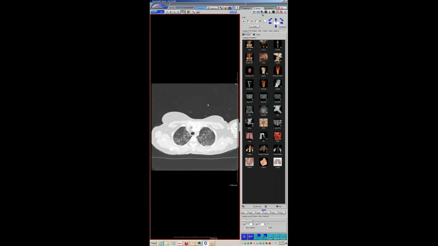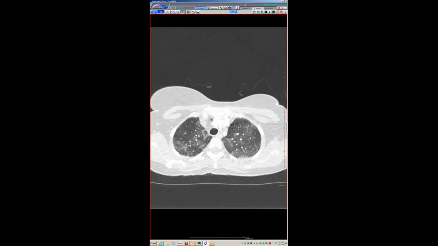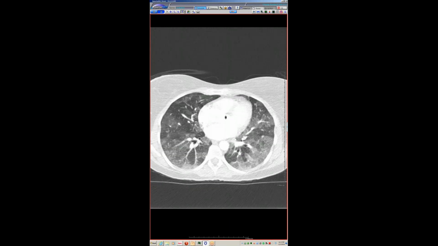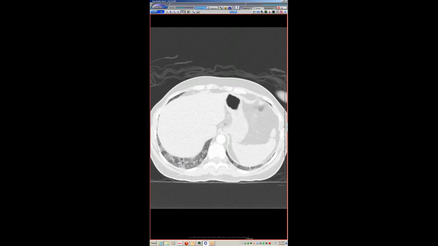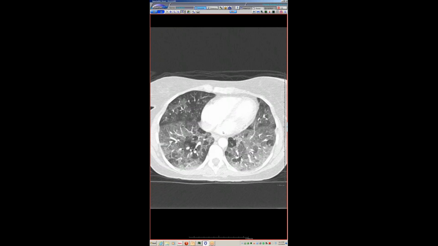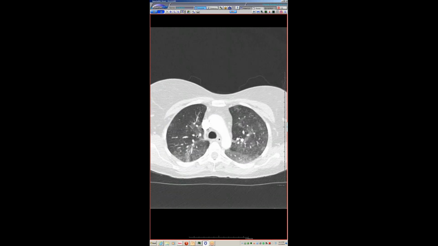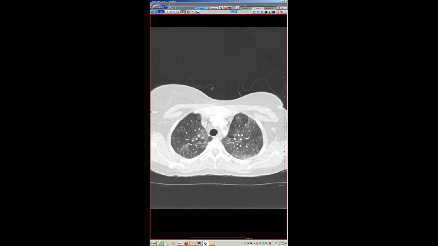Anyways, this is a patient who came into the hospital short of breath. She was convinced she had an exposure to Easy Off in the oven. She was convinced that she had been using Easy Off and was dramatically short of breath because of that. And you see we have a fair amount of ground glass opacity in the lower lobes, some very nice geographic areas of sparing. And then as we get to the upper lobes, we see some ground glass,